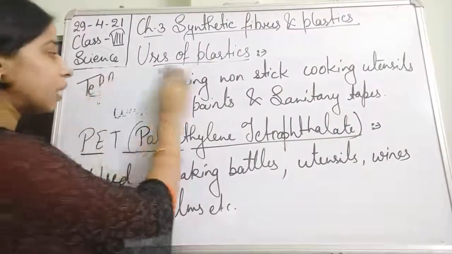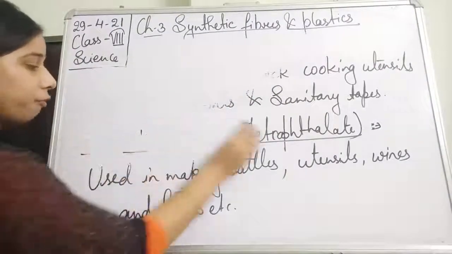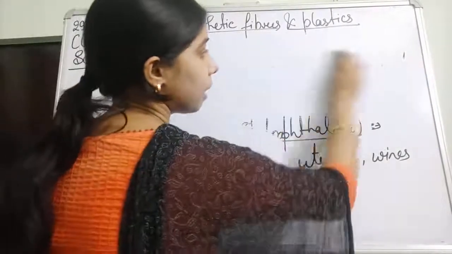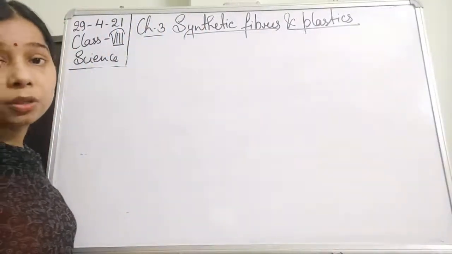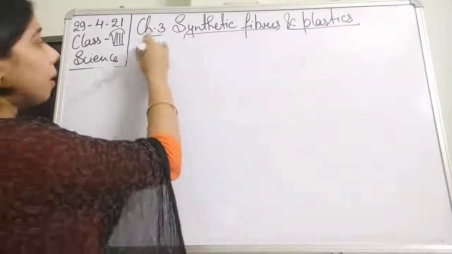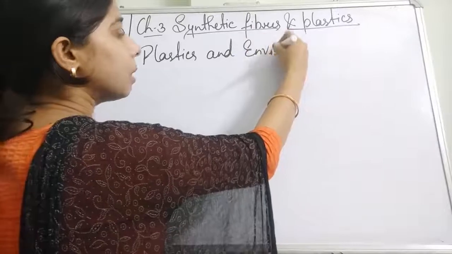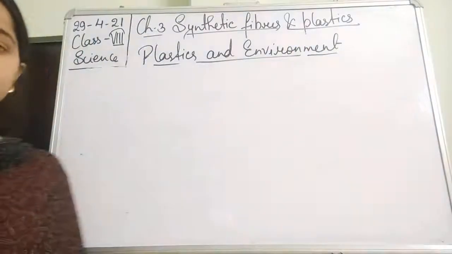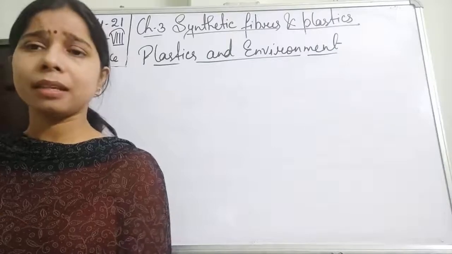Now before finishing this chapter, students, we have to understand one thing, and that is plastic and the environment. We have seen the different properties of plastic. They are quite useful in different things. We are totally dependent on them these days. Our life is very much dependent on plastic, students. So let us discuss what kind of impact it has on the environment. So is it good to use plastic, students? Absolutely not.